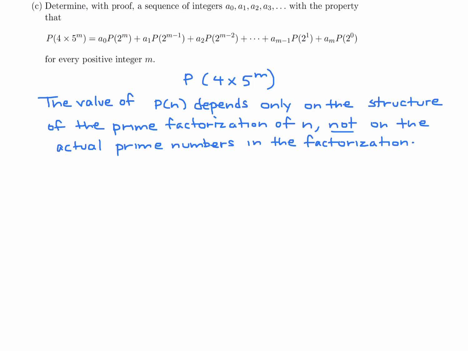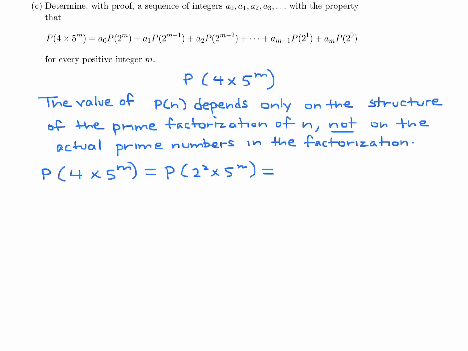So let me write that out. The value of Pn depends only on the structure of the prime factorization of n, not on the actual prime numbers in the factorization. So we can put this in some sort of a structure and then just work with the structure rather than concentrating on the actual numbers. So we have 4 times 5 to the m, and that is what we have to figure out the p for. Well, that is 2 squared times 5 to the power of m,